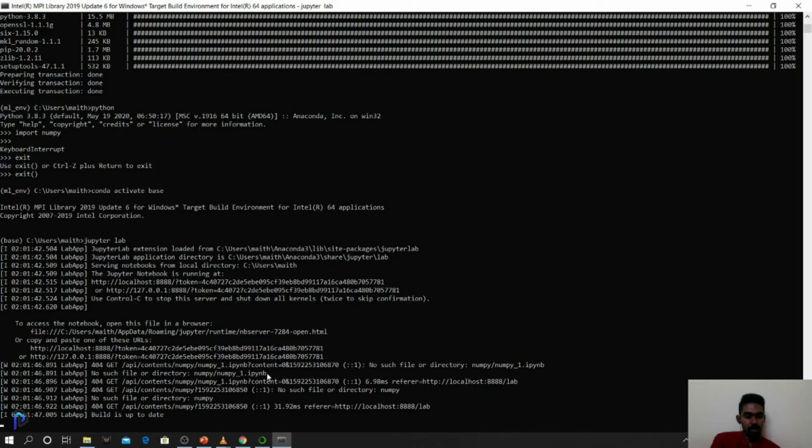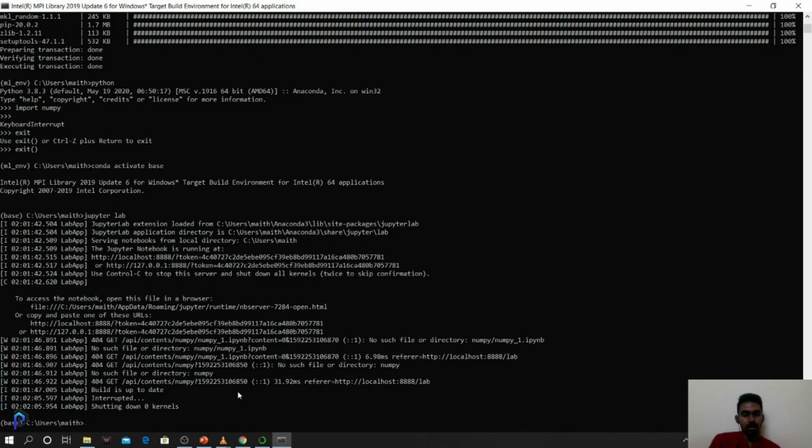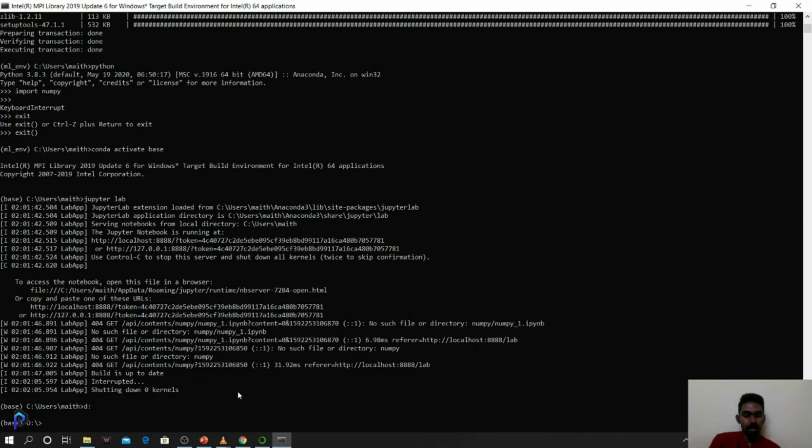Similarly, I can close this. And I can also open Jupyter Notebook. So currently I'm in my C directory. I can go to my D directory and open Jupyter Notebook.